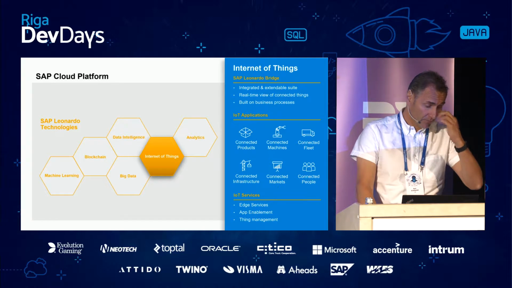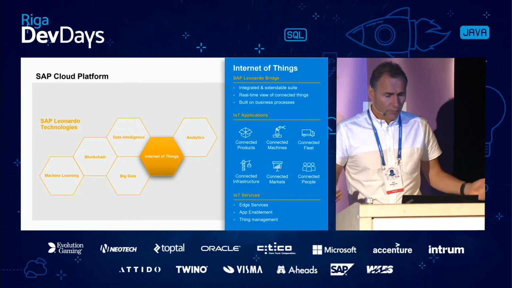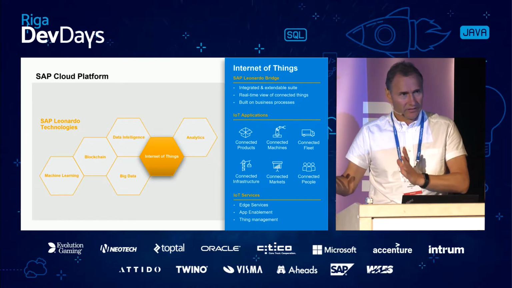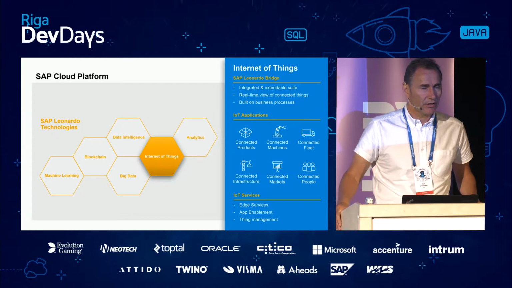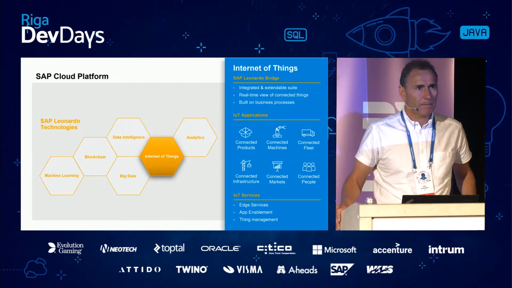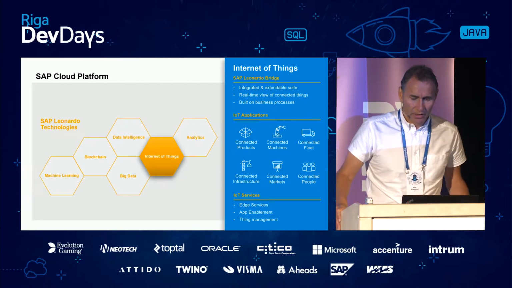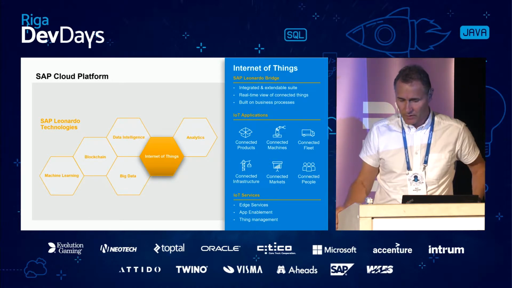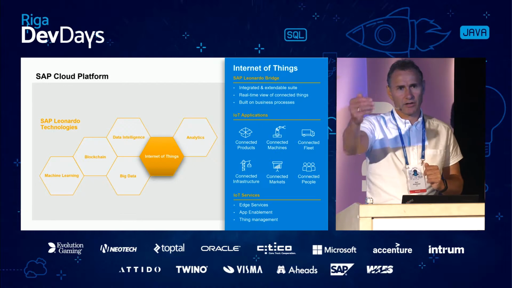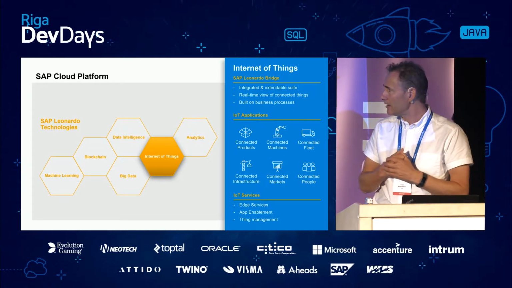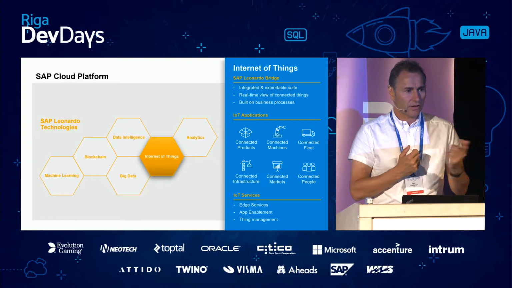Okay, if we look at one of the services, such as the Internet of Things, as said, we have already built standard products. But to be honest, most of the customers would need to have a custom application, and we are then providing IoT services that you could leverage and build on top. So we have the Edge service, which basically connects to the sensors and devices through a range of protocols. I think MQTT being probably the most prominent one, to get the data from the sensor, but